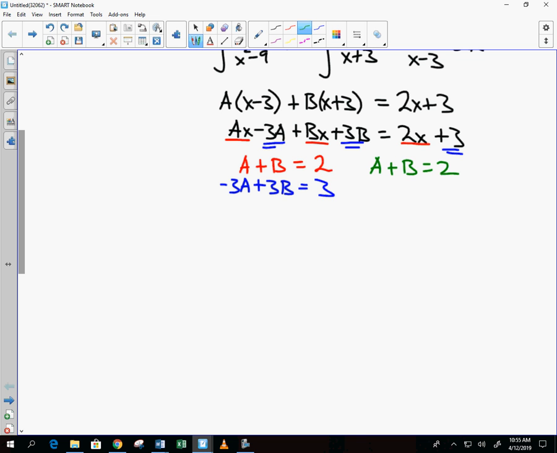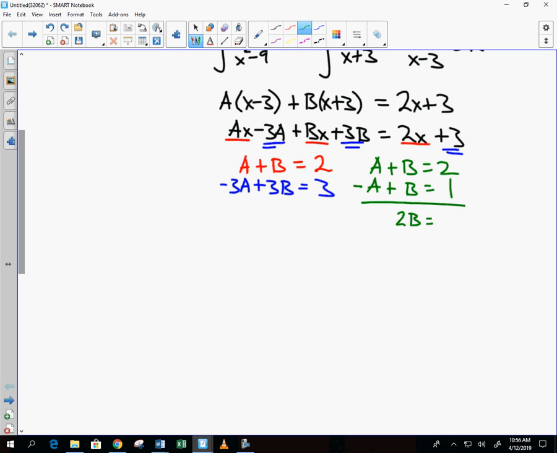And on the bottom, if I divide through by 3, I get negative a plus b is equal to 1. Just like you can multiply through by whatever we want, you can divide through by whatever you want. Because dividing is just multiplying, right? By the reciprocal. I add them together and I get